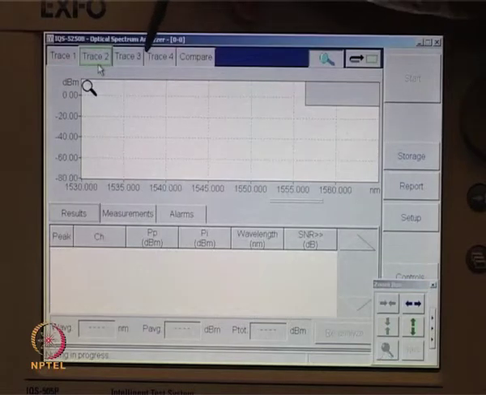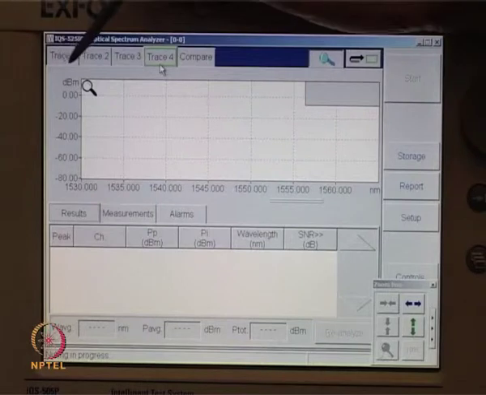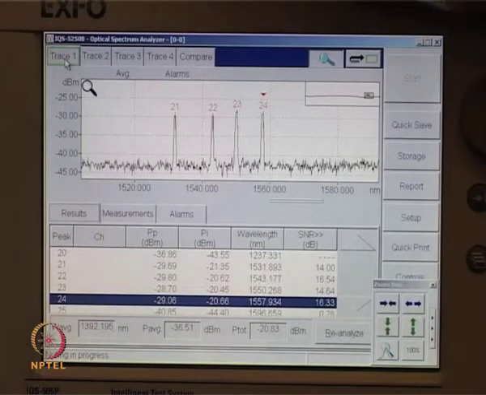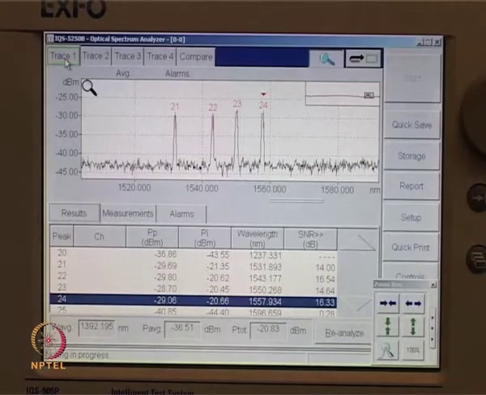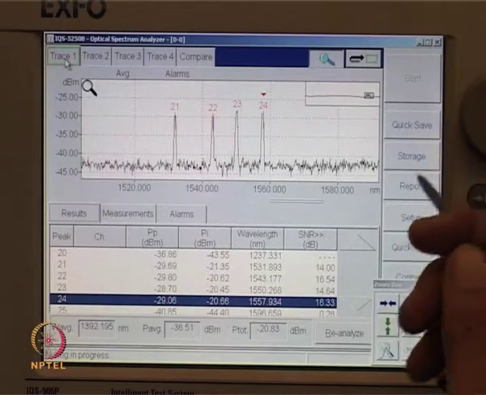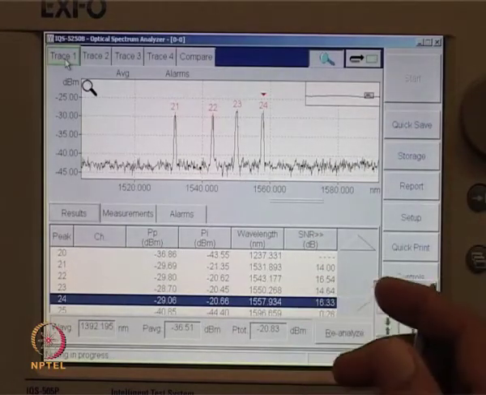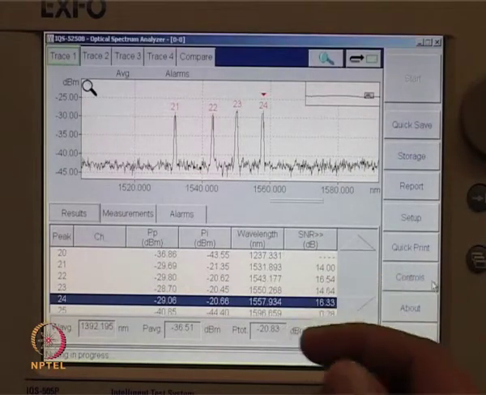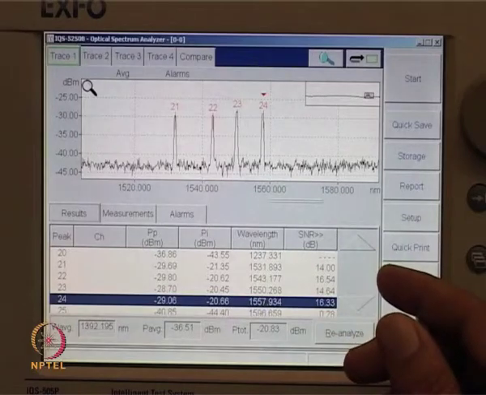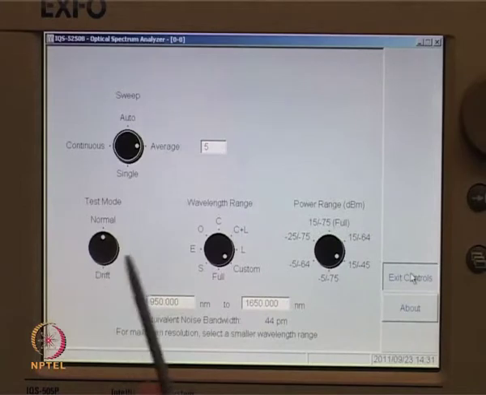Now let us go to trace 2. This shows that simultaneously I can have 3 to 4 readings on the screen. There are various controls on the X and Y axis.